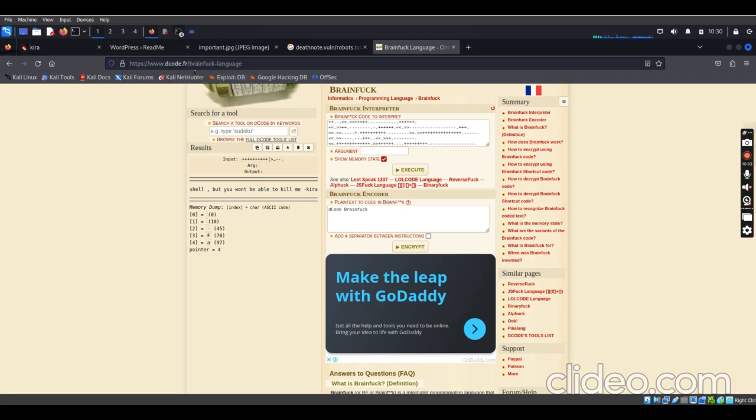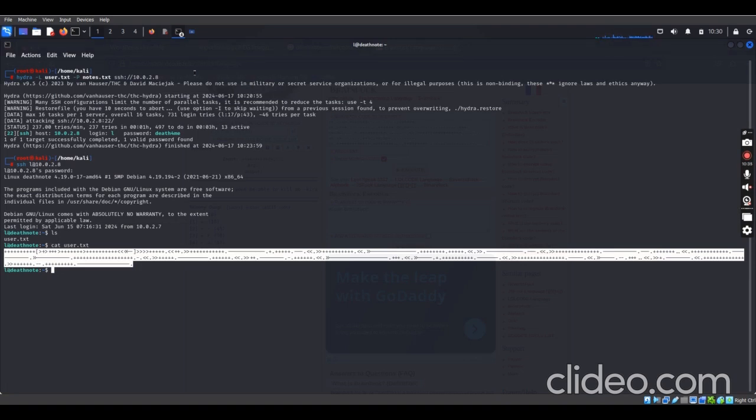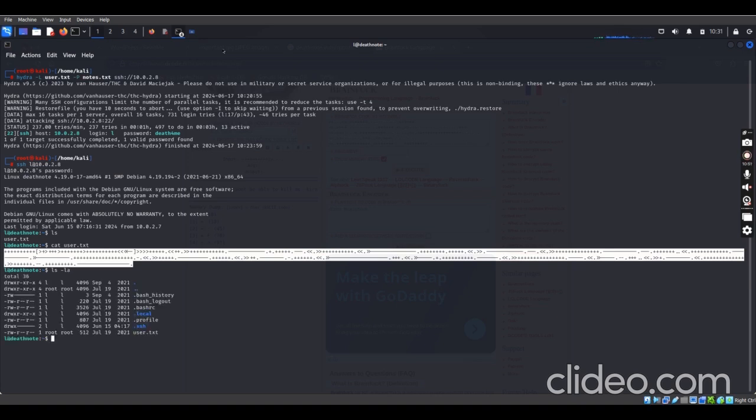Remember, the next task we are trying to do now is to get that root.txt, that text file called root. So this is for this user's folder itself.